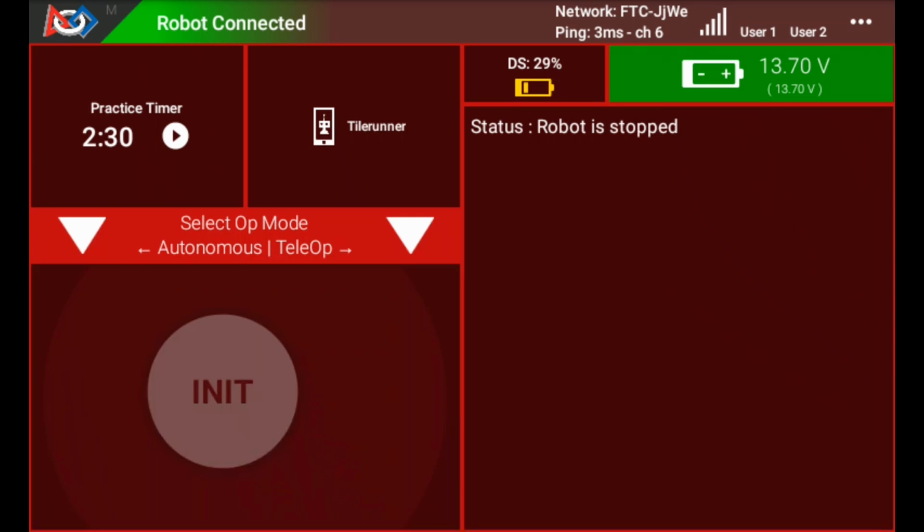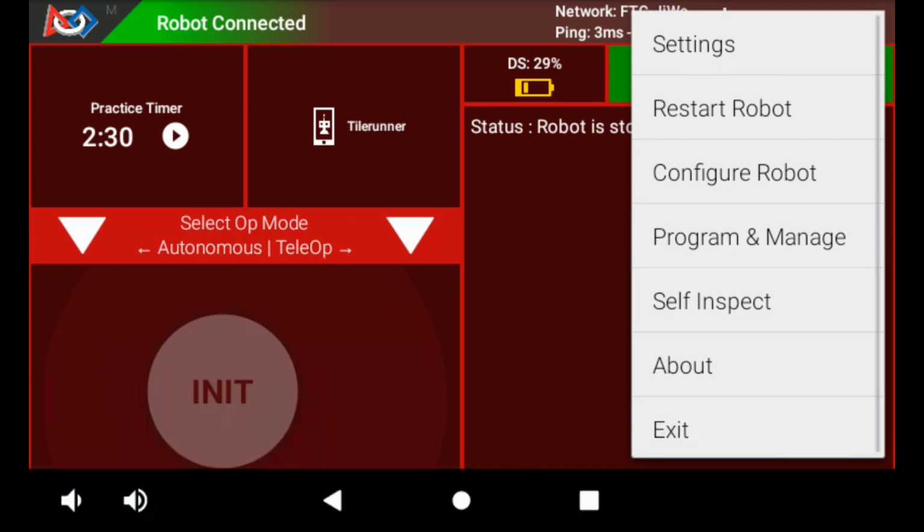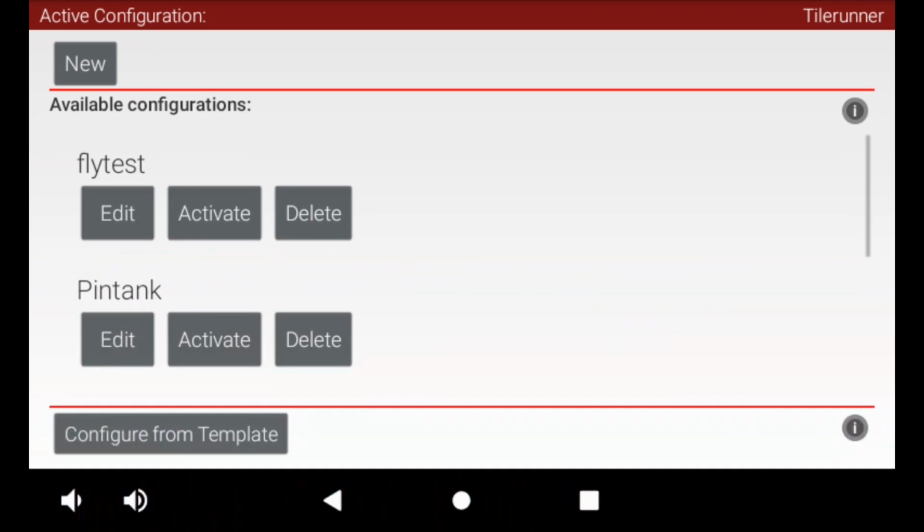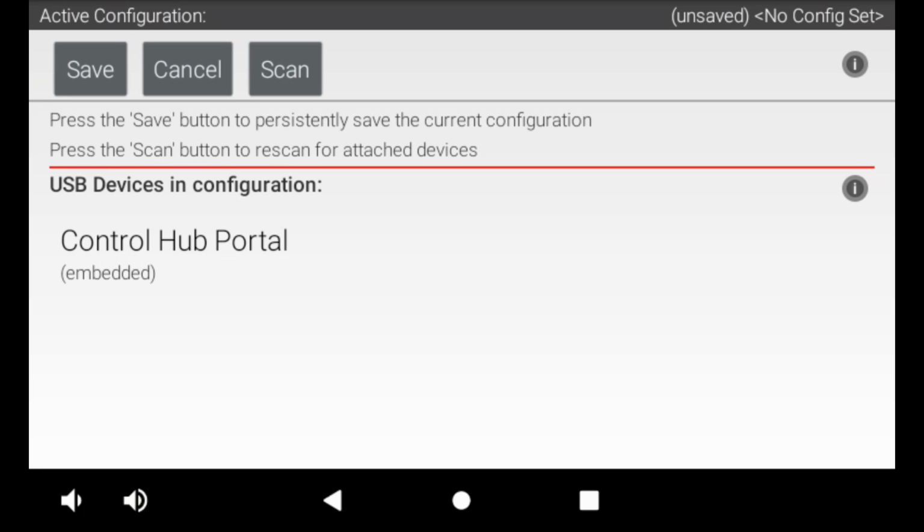Alright, so now that we've plugged in our motor, we need to add it to our config. A config is just a way of telling our robot what is plugged into what ports. So to do that, we're going to go into those three dots in the corner and hit Configure Robot. And then hit New. And it should automatically scan for hardware devices. We're going to select our control hub